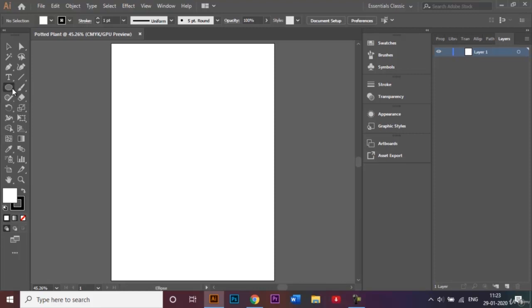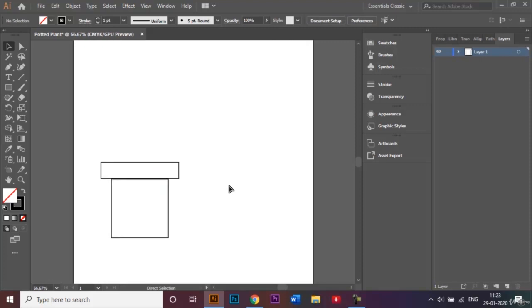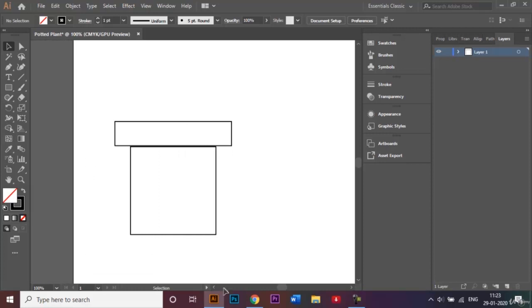Right, so I'll go over here and choose the rectangle tool. I do not require any fill as of now. Just click and drag my mouse to make a small rectangle like that, and I will make one square like that. Okay, and I place the square underneath the rectangle. I'll zoom in on this, and okay, I need to give some depth to this because it looks a little